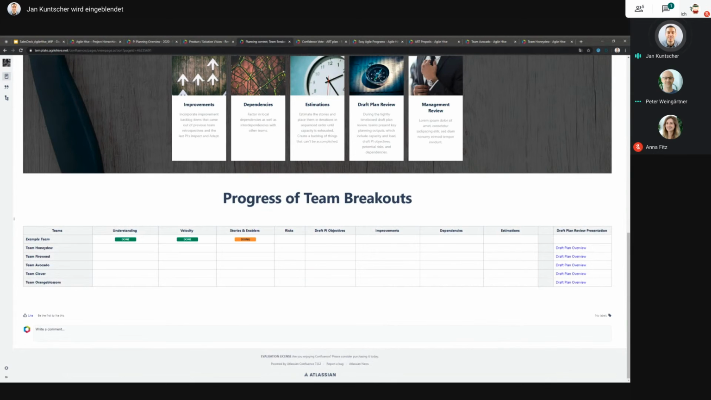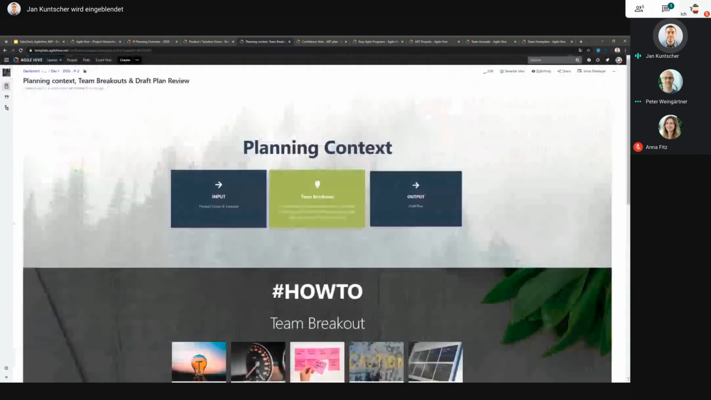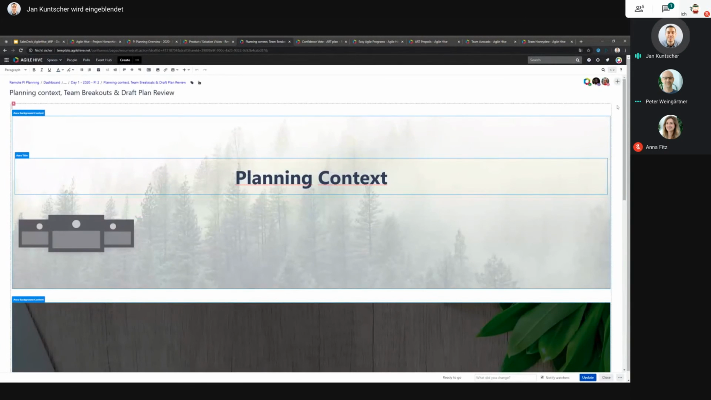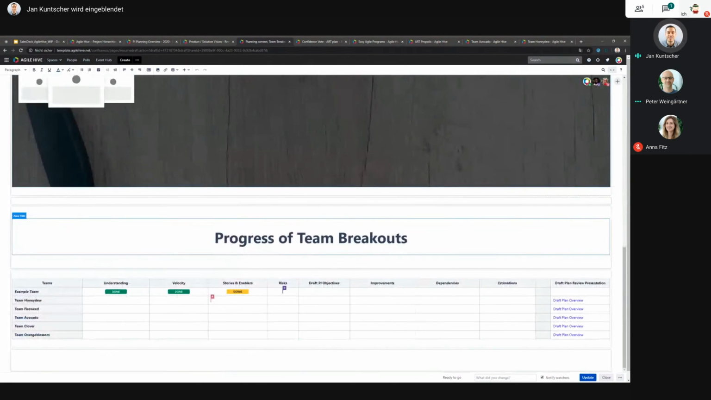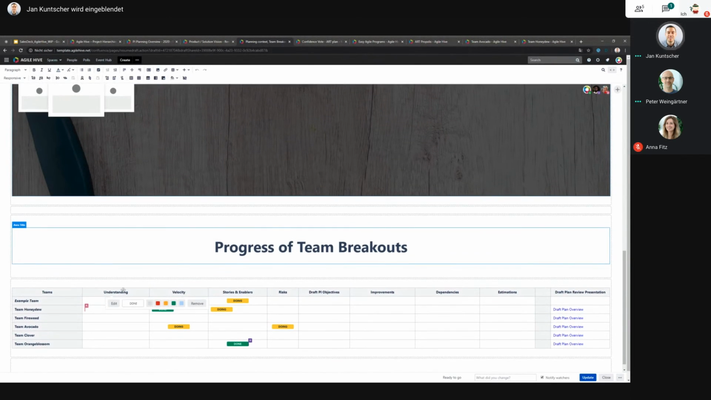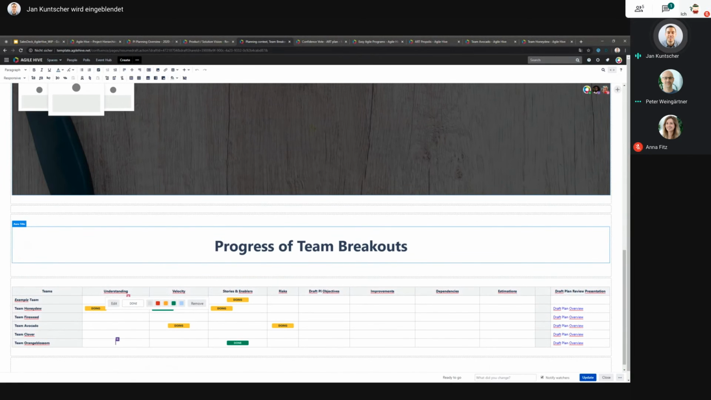And to do so, I will go into the edit mode of this page, and you see that two of my colleagues are also now on this page. So you see their avatars here on the right corner, and you can also see in real time what they are doing. And so the cool thing about this is that we now see, let's say I am in the team Clover. You can now